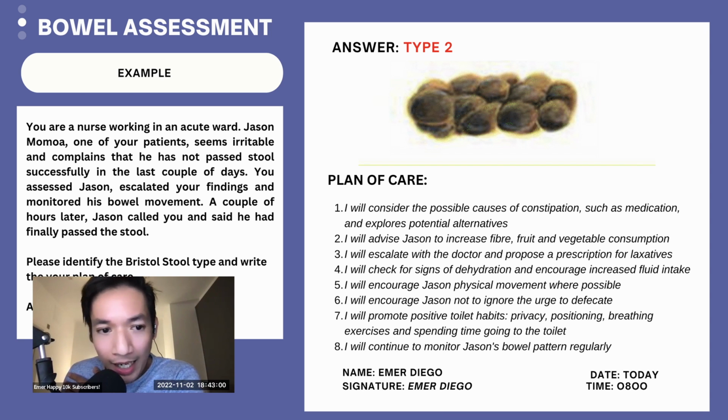Someone asks, I thought it's a care plan. Why is there no aim of care or why is there no reevaluation date? Because it's not written on the marking criteria. Yeah, this is not a care plan station. This is not a planning station. It's a bowel assessment station. So we don't know. You might see a similar paper, similar to your care plan, but I don't think that you will see aim of care. I don't think that you will see the evaluation date. Why? Because it's not written on the marking criteria.